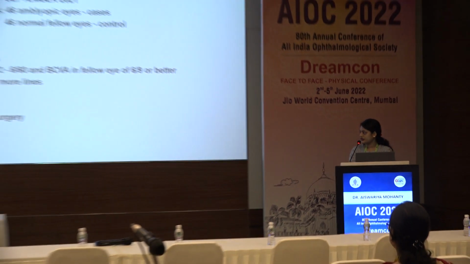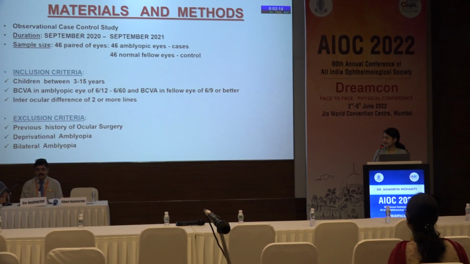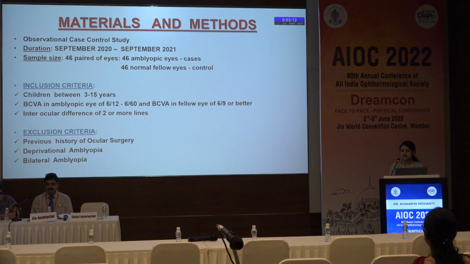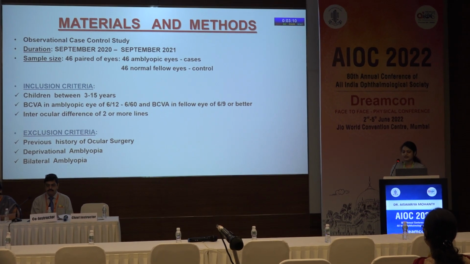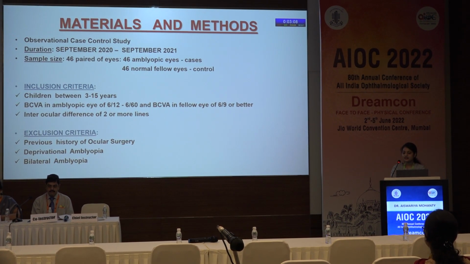My aim is to measure and compare the central macular thickness of amblyopic eyes with that of normal fellow eyes using SD-OCT in the age group of 3 to 15 years. It was one observational case control study within a span of 1 year. My sample size was 46 pairs of eyes, out of which amblyopic eyes were cases and the normal fellow eyes